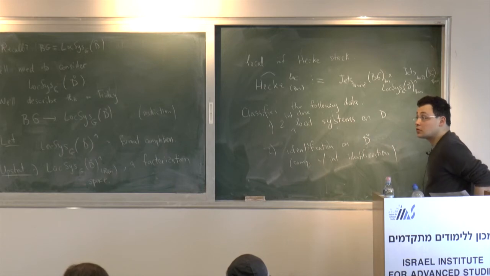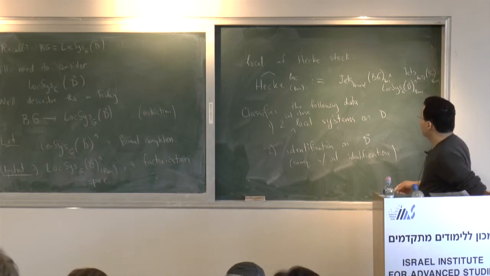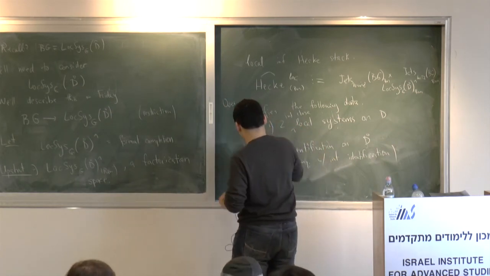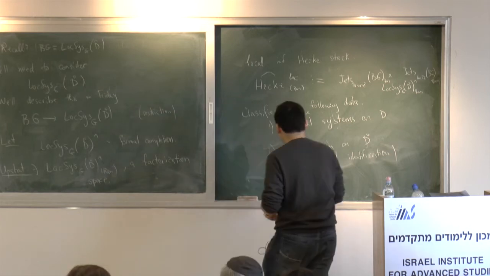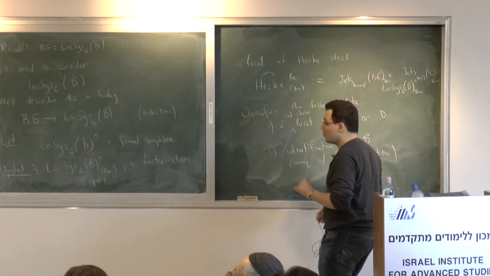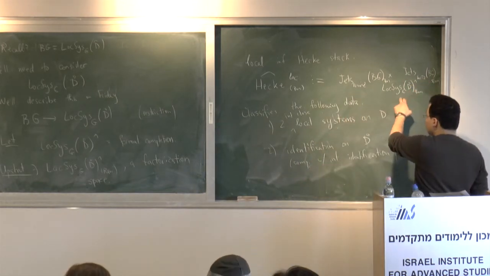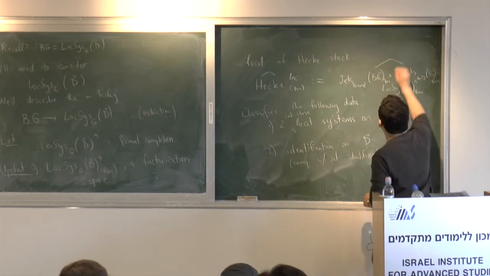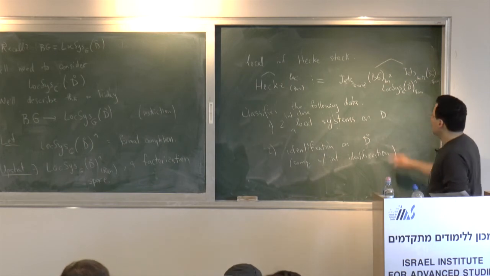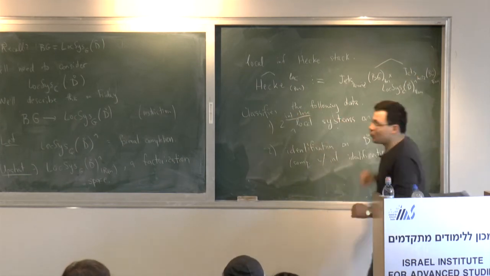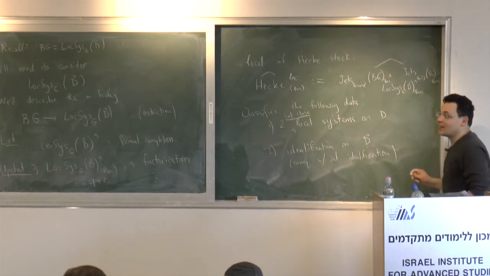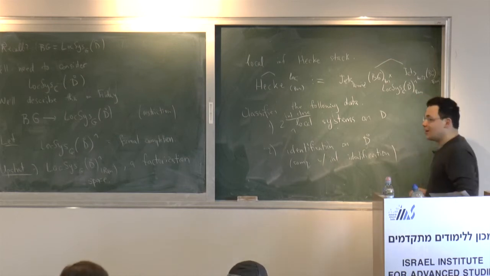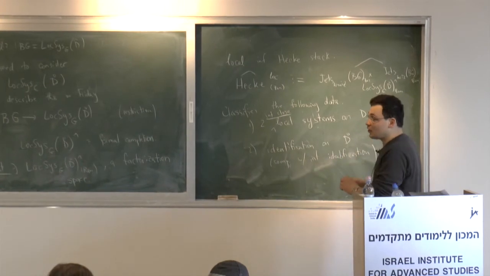So what does the whole sentence mean when you say classifies the following data? If you want to describe an S point of this whole thing, then you need two S points with respect to local systems together with the identification of them on S reduced. And in addition, identification of S times the function. And what does the hat mean? Hat means formal completion along the diagonal here. And there's another hat here. You can get rid of some of those, but let me keep that explicit.